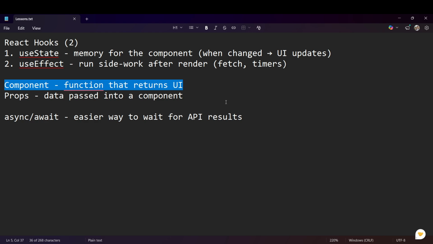So today we're going to learn how to create our own custom component in React Native. A component is basically just a function that returns a UI, okay? And then we're also going to learn about props, which is a feature in React Native and TypeScript that we could use to pass data safely into our component. So these two are what we're going to learn today. Okay, so